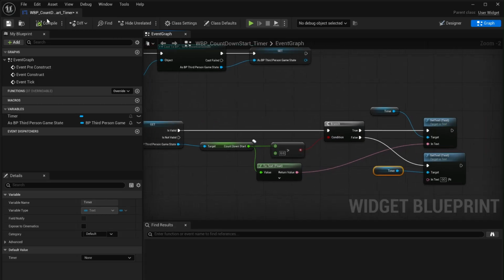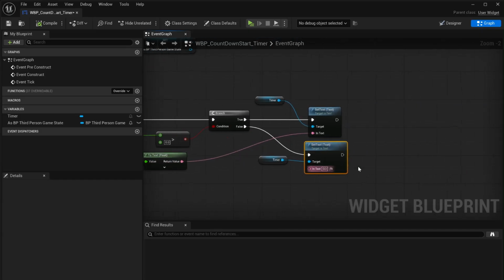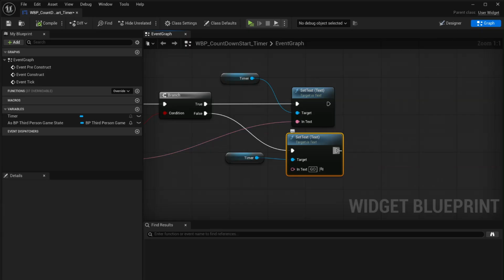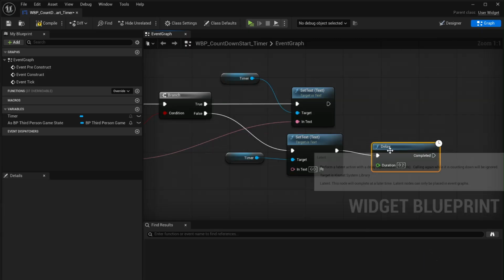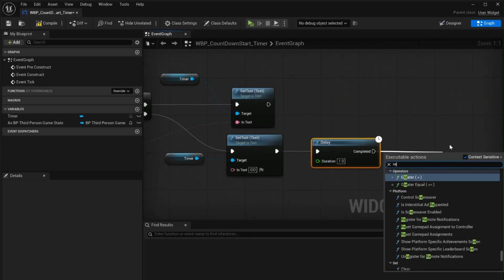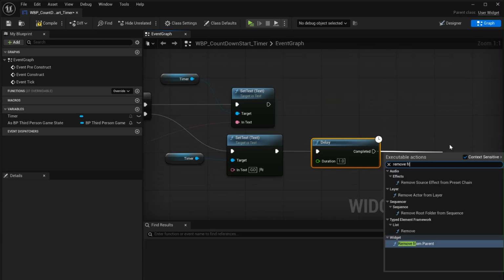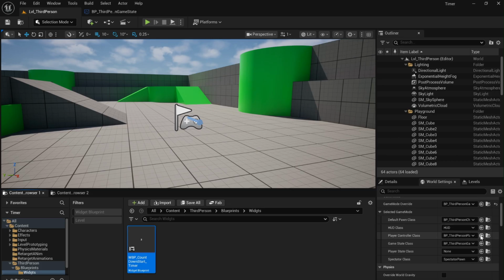Now I compile it, and one thing is left behind, and after set text I add a delay node. After 1 second I remove from parent. Now compile it, save it, and go in my BP player controller class,